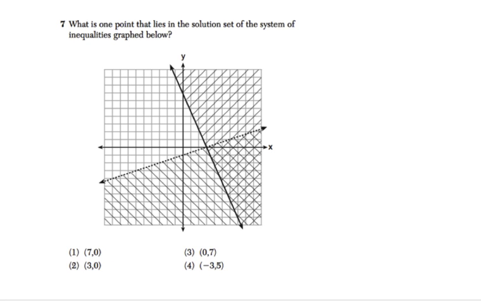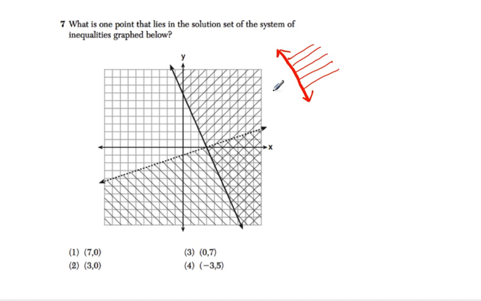Hello everyone. So for number 7, we're taking a look at a system of inequalities. It's very important to keep in mind that with linear inequalities, we have shaded regions. More specifically, solutions don't just lie on the line themselves, they lie anywhere in that half plane that the line divides into. In other words, anything in that shaded region, whether it's a dotted or a solid line, would be considered